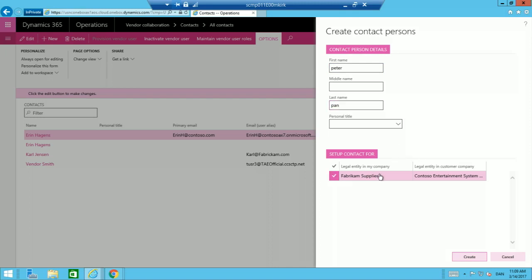And here's the vendor accounts that I, as an external user with the security role, have permission to kind of control. So if I had 2 vendors, there will be 2 vendors here, and I can select which one Peter is a contact for. Then I'll create my